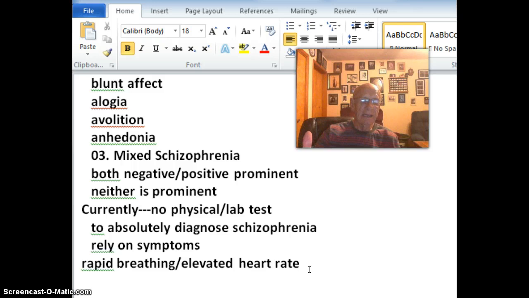Symptoms. Okay, let's say what causes rapid breathing and an elevated heart rate? What would you say? One thing that causes rapid breathing and an elevated heart rate. Could it be running? Sure. Shoveling snow? Of course. Mowing the lawn? Yes. Hiking up a hill? It goes on and on and on. So if the symptoms are given of rapid breathing and an elevated heart rate, this could take us into all